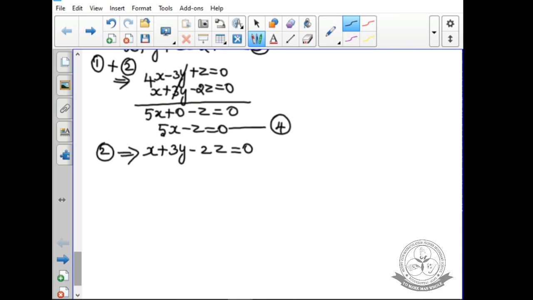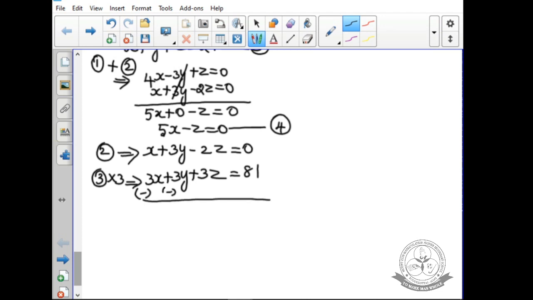Okay. Now the third equation: to get 3y, you have to multiply the third equation by 3. So third equation into 3: 3x plus 3y plus 3z. On the right-hand side they are giving us 27, so 3 into 27 is 81. Now the terms plus 3y and plus 3y are the same, so change the sign.